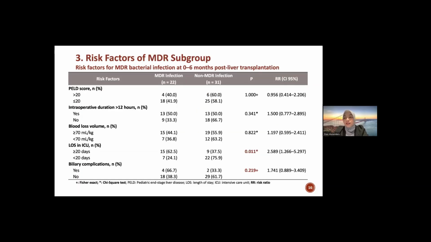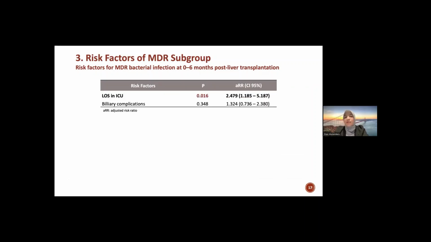We also did analysis for the MDR bacterial infection subgroup. The MDR infection and non-MDR infection groups consisted of 22 and 31 subjects respectively. We can see that ICU length of stay and biliary complication have a p-value less than 0.25 and are eligible to be in multivariate analysis. Subjects with ICU length of stay greater than or equal to 20 days are at risk of MDR bacterial infection following LT with an ARR of